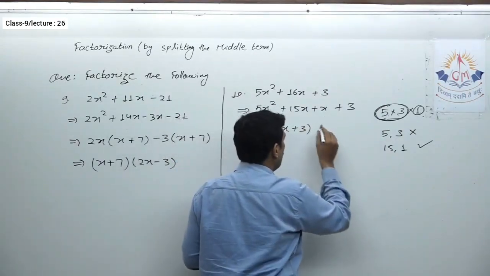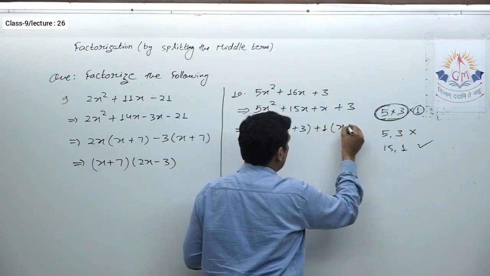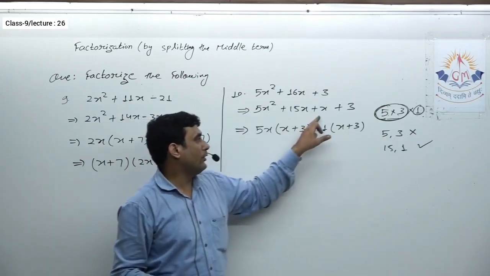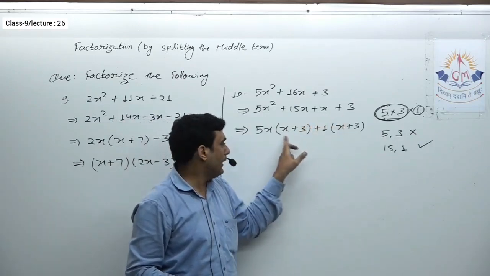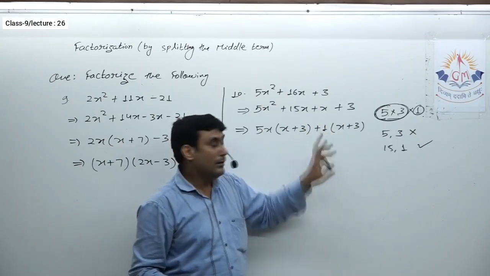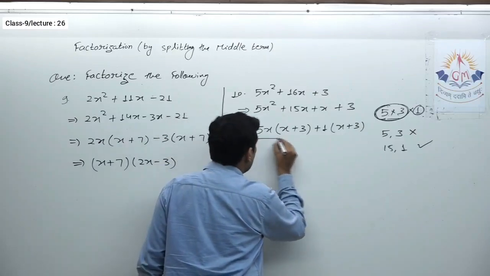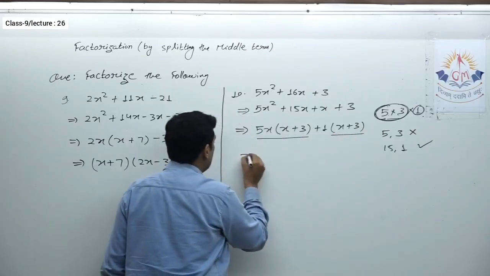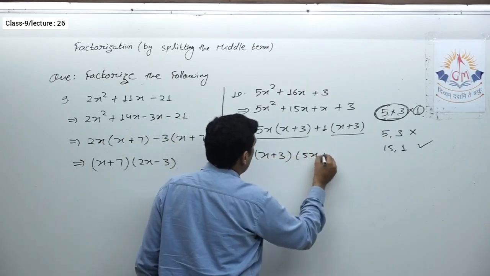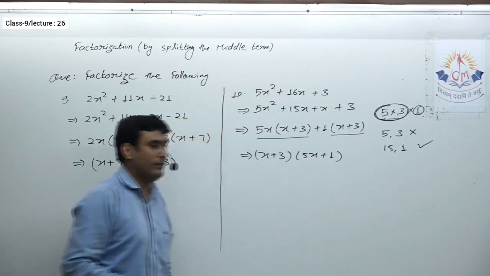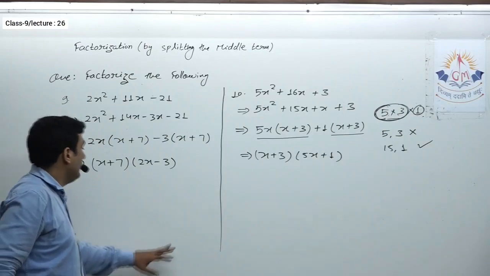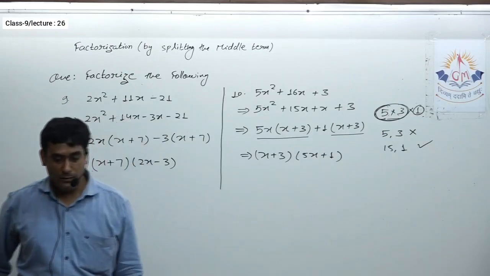Now from these two I'll take 1 common, so that I'll get x plus 3 in the bracket. One more thing, as I told you earlier, if you are not able to find what should be taken common, write whatever is in the first bracket and then check what should multiply in x to get this. Okay, now from these two, this has x plus 3, this also contains x plus 3. So if I take this x plus 3 common, here I get 5x plus 1. So these are the factors of the given algebraic expression. So please note down these two and then we will see the next question.